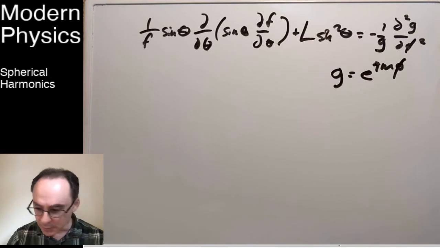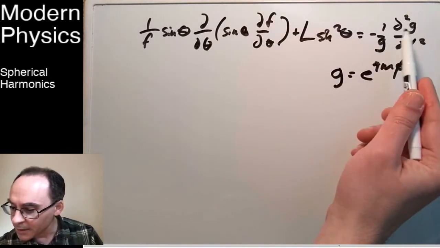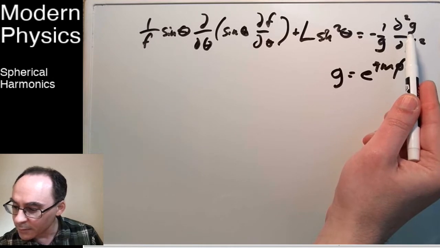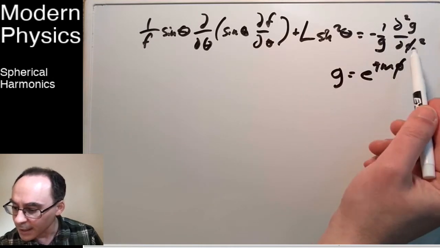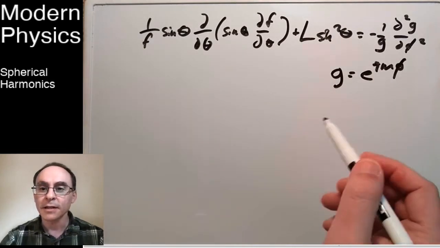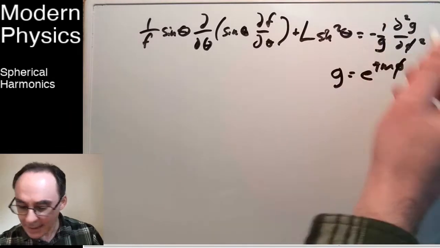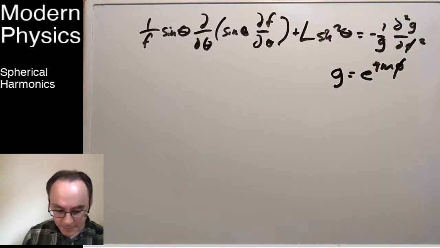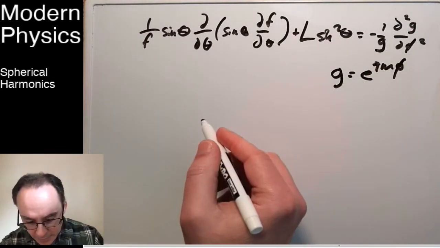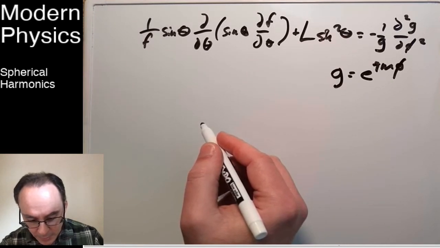I'm going to rewrite it a little bit. Actually, if I just plug that in for g, then this 1 over g times the second derivative of g with respect to phi just pulls down two factors of im, but i squared is -1. That cancels the negative there, and I get m squared. So this right-hand side just becomes m squared. And then I'm going to rearrange this just a little bit